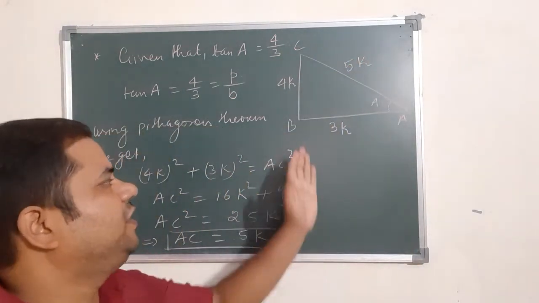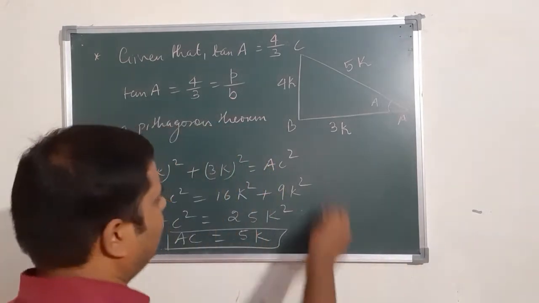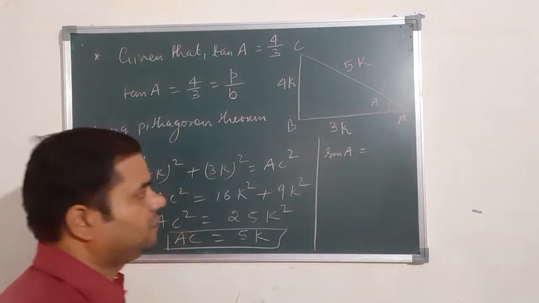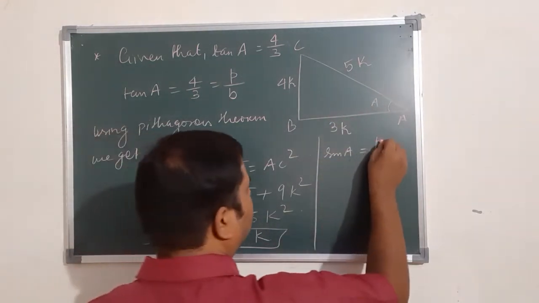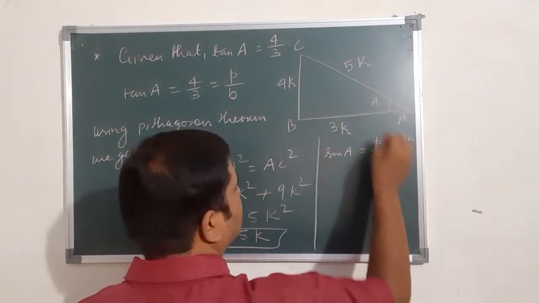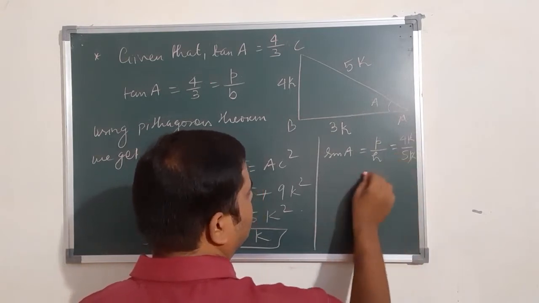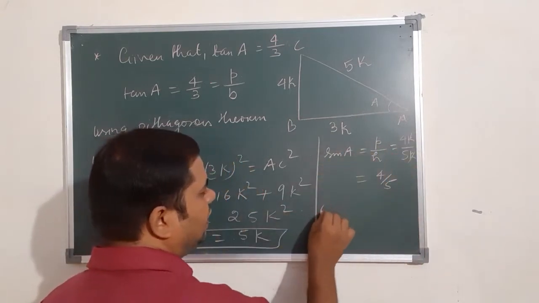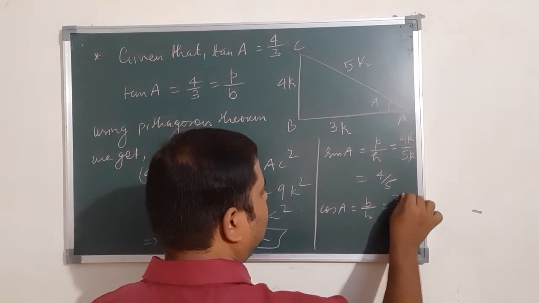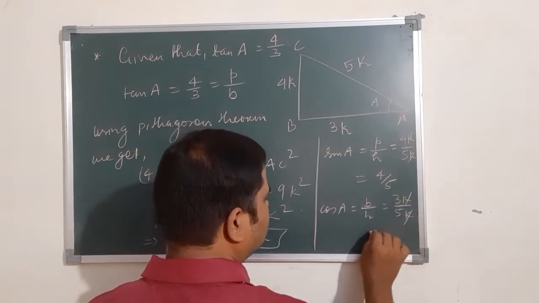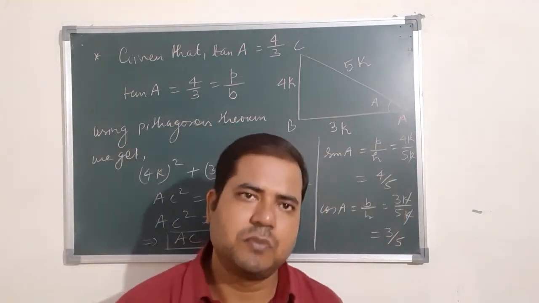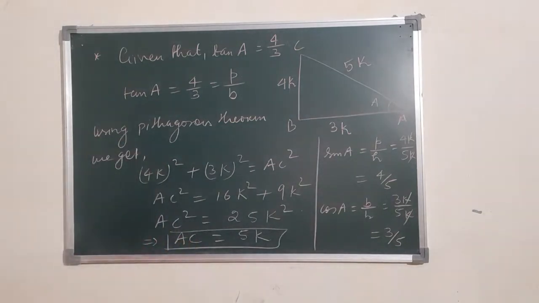Now it is easy to find all the other trigonometric ratios. So if you want to find sin A, then this is perpendicular upon hypotenuse, and perpendicular is 4k and hypotenuse is 5k, so k cancels, this is 4 by 5. Similarly cos A is base upon hypotenuse, so this is 3k upon 5k, k cancels out, so this is 3 by 5. Similarly, other ratios you have to find by using the formula. So please note it down. Then after that we see the next question.